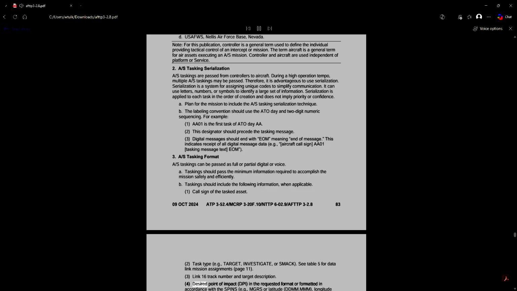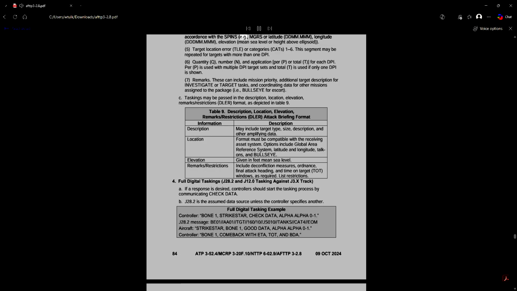4. Desired point of impact, DPI, in the requested format or formatted in accordance with the SPINS, e.g., MGRS or latitude, ddmm.mmm, longitude, dddmm.mmm, elevation, mean sea level or height above ellipsoid. 5. Target location error, TLE, or categories, CATs, 1 to 6. This segment may be repeated for targets with more than one DPI. 6.